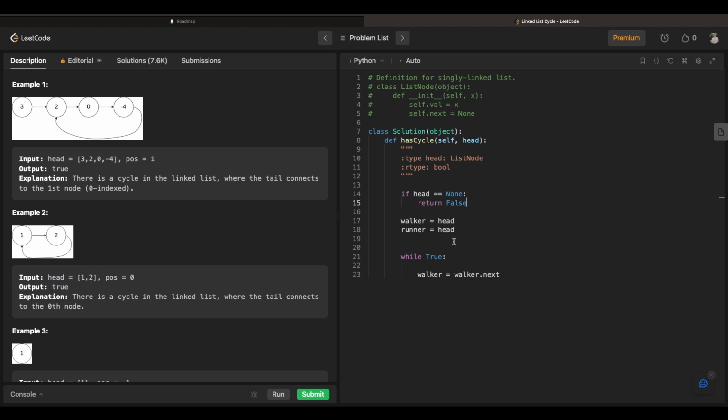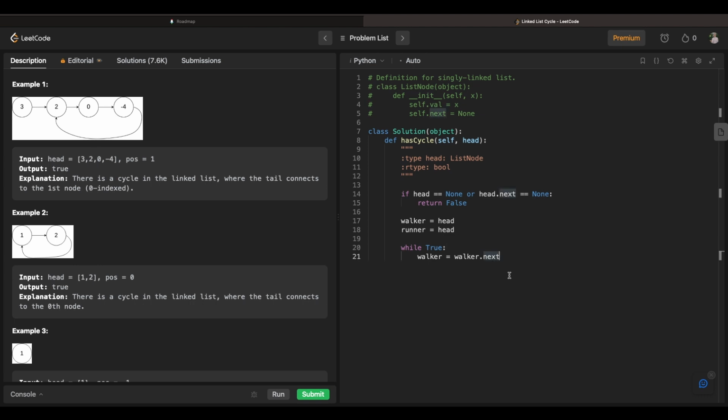So we set both of those up. Or if head dot next is none, we can return false. So then we set walker and runner. And then we can say while true,